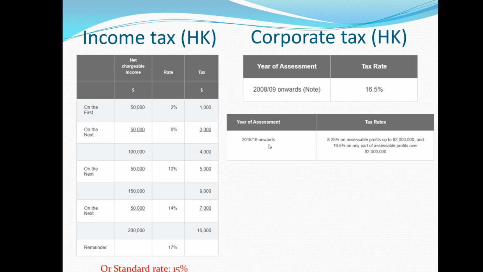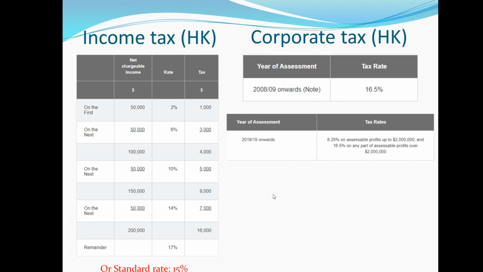But this slide here, I'm just trying to show you a glimpse of how we can play around with the taxation system. Of course, in reality, the taxation system is much more complicated, and you have allowances, you have deductions, so many other things that you can play around with. That's why they have to learn taxation in accounting.